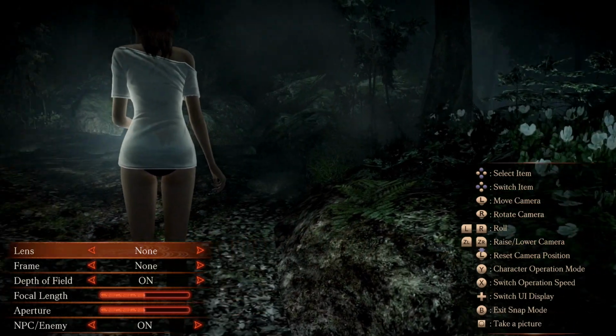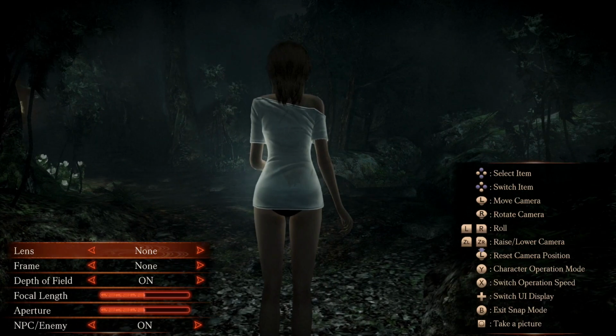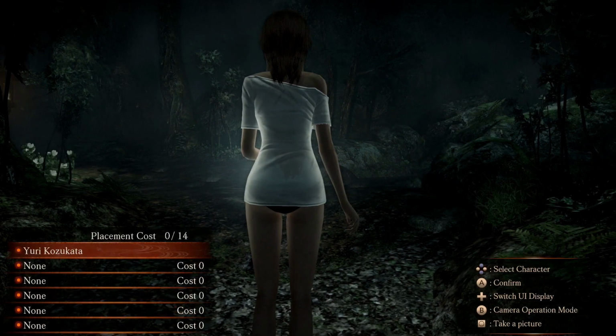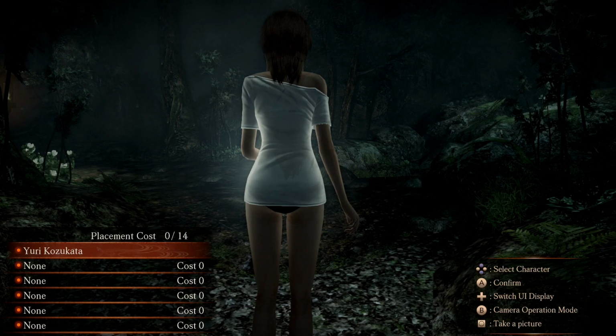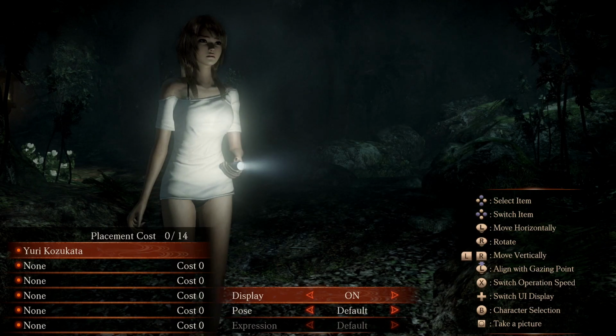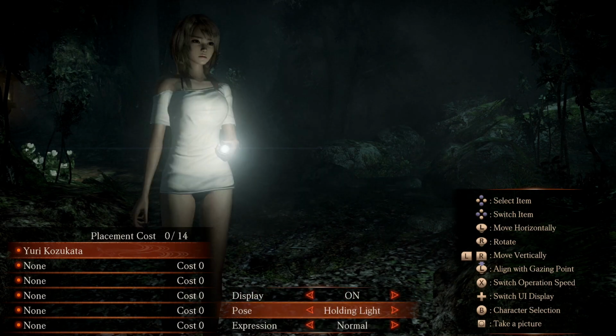But what I'm going to do first up is pose this character in a different way because that's not really what I want. So you move over to here and you've got the placement, where you can actually place multiple characters, and we're going to show you that soon enough. But for now, we'll just take Yuri here and change her. You can rotate her around, and you can also change her pose. So we're going to go with